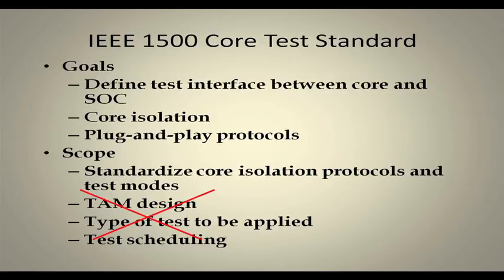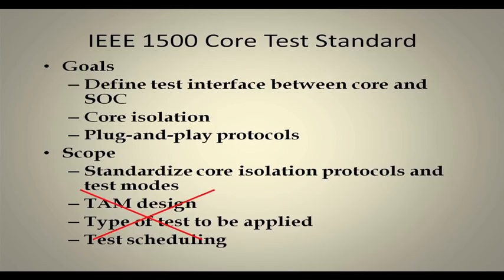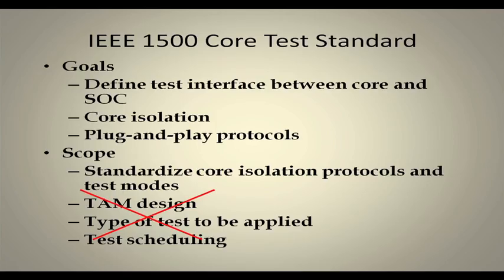This tells how you can make a core isolated from others and apply the test pattern to that core only. We have seen previously that the rest of the cores are put into bypass mode whenever we are transferring a test pattern for a particular core, and then that test pattern is applied. Either serially or parallelly, but the rest of the things like the TAM design, type of test to be applied, and test scheduling